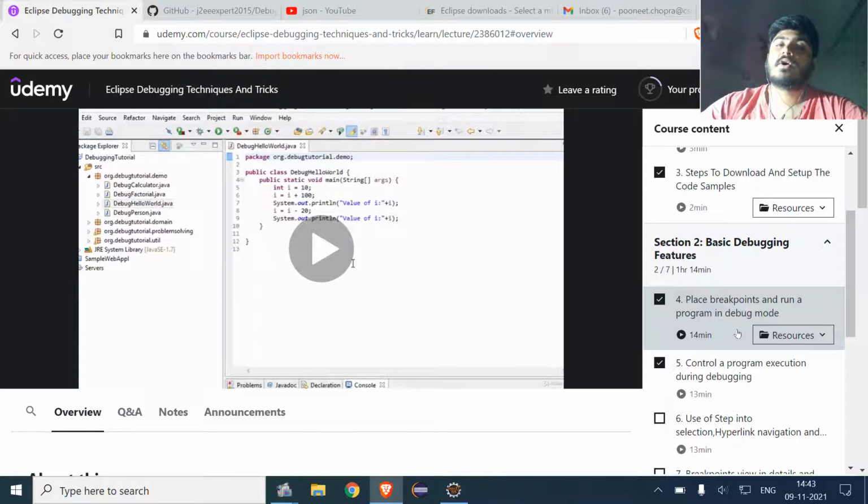When we talk about breakpoints, a breakpoint is a pausing place put in the program for debugging purposes. For example, if we have a program of 100 lines, at some points we will introduce breakpoints so that we can easily debug the program.